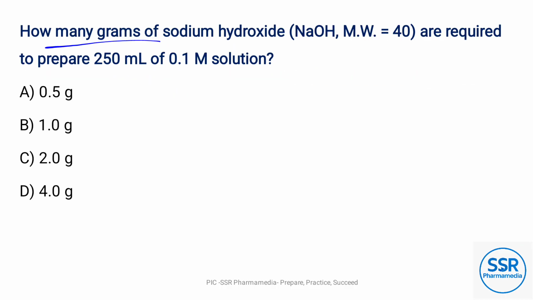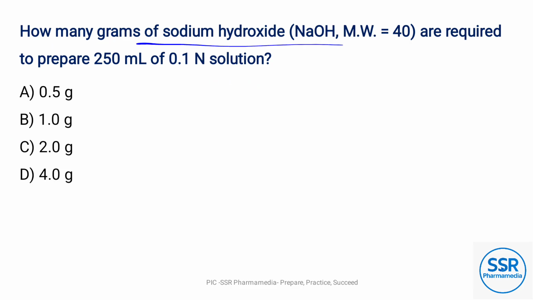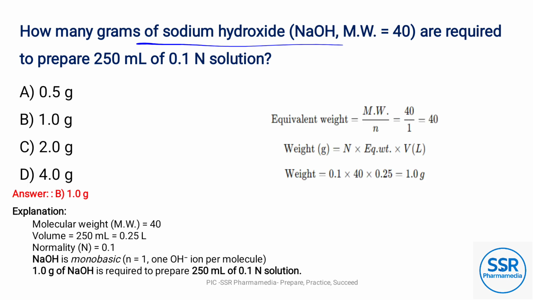Here they have already given the molecular weight of sodium hydroxide, which is 40. One question is for a molarity solution and one for a normality solution that we are going to prepare. How many grams of sodium hydroxide are required to prepare 250 ml of 0.1 M solution? We require 1 gram. And how many grams of sodium hydroxide are required to prepare 250 ml of 0.1 N solution? The answer is option B,